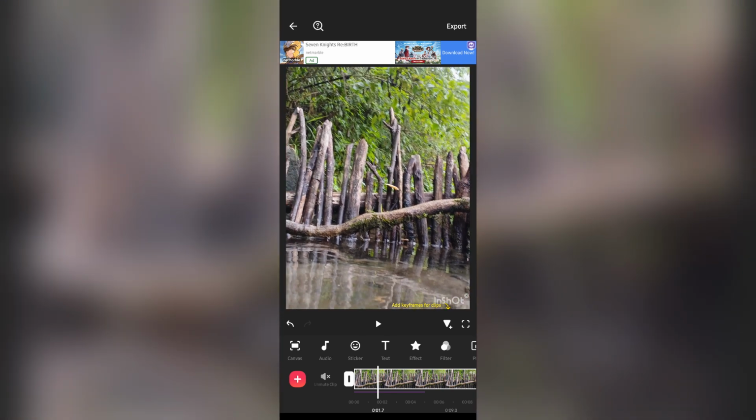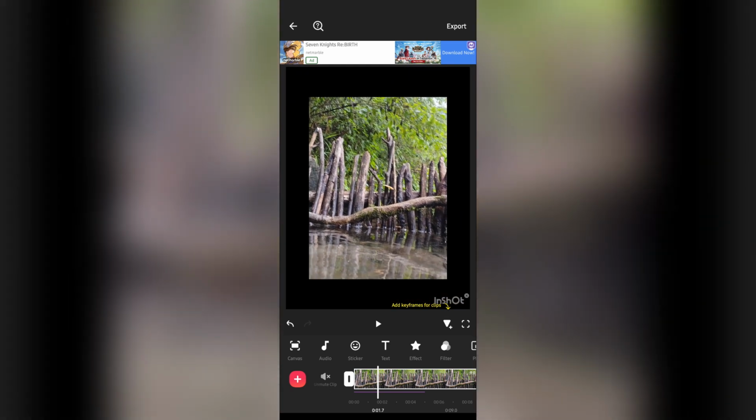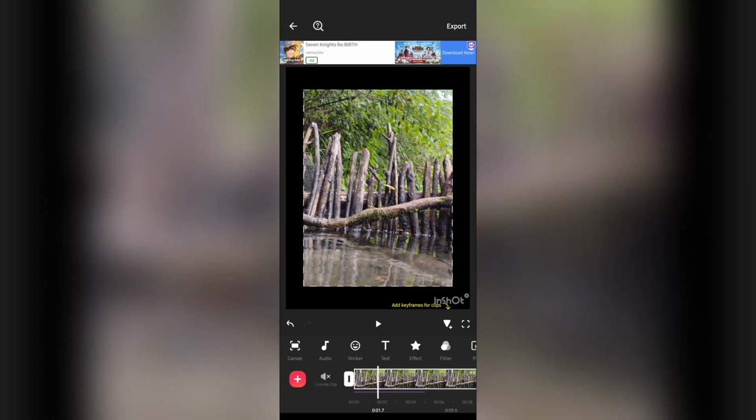You can do this even if it is a photo or video. It will be applicable to every single clip that you add in order to edit. Now this is how you do it. You can zoom in and out anytime you want